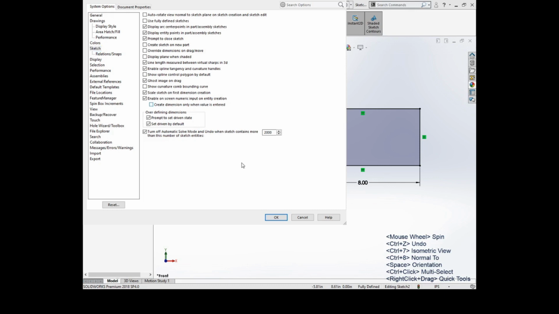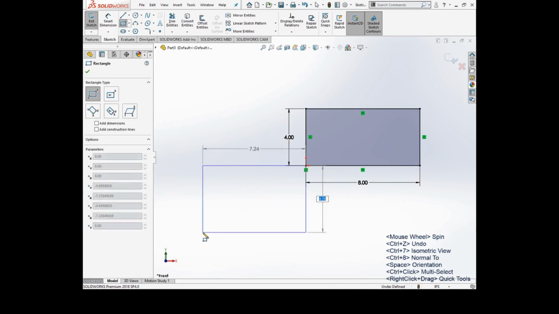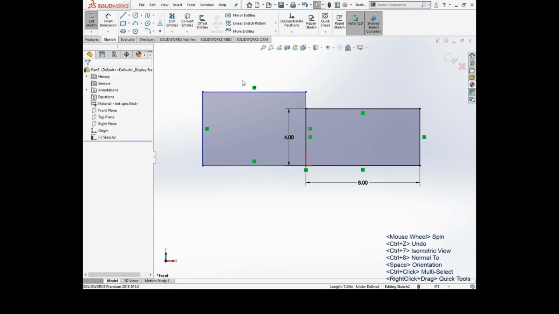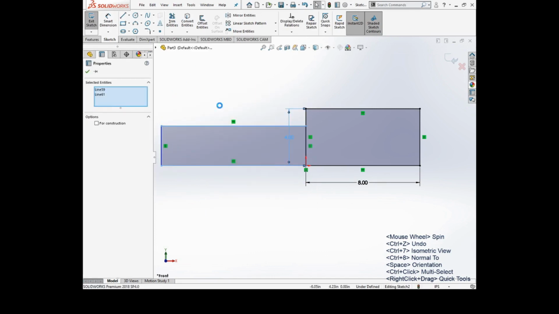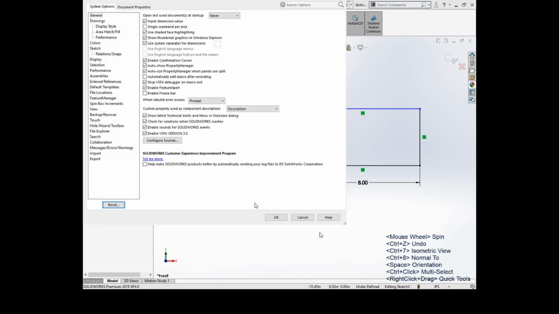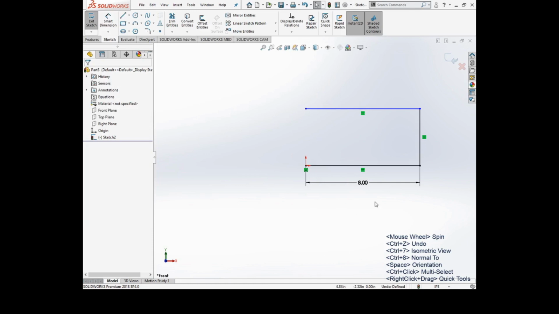So if I uncheck this and I click OK, then when I create a rectangle, it will put a dimension, guess not. That's interesting. Interesting. Did not work how I expected it to. Anyway,